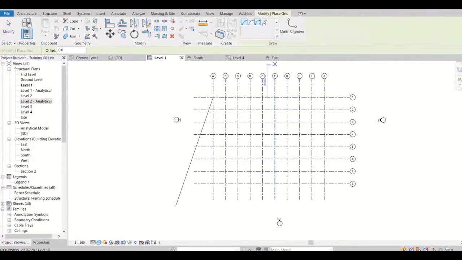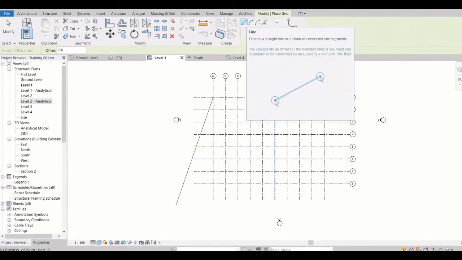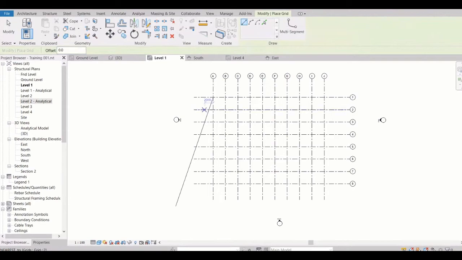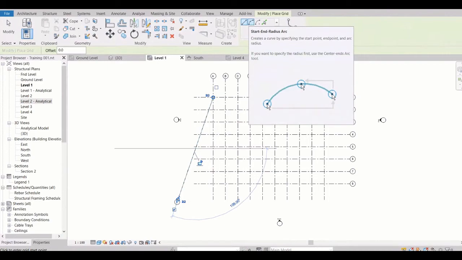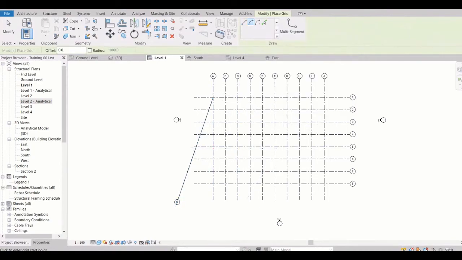So we have options over here. We have an option to draw a straight line, so you can pick line, draw from here to here, right? Or if you have any circular or arc grid, then you can use that arc grid over here, or cancel it.